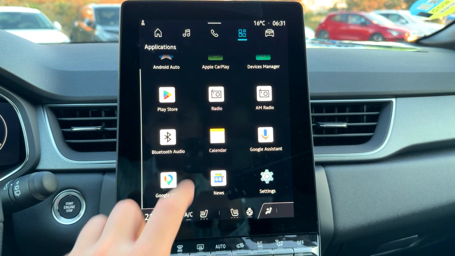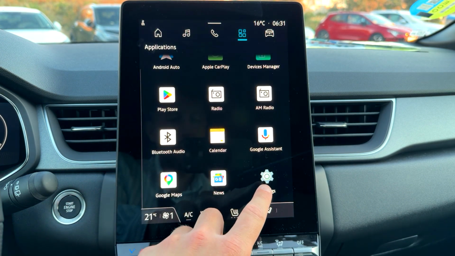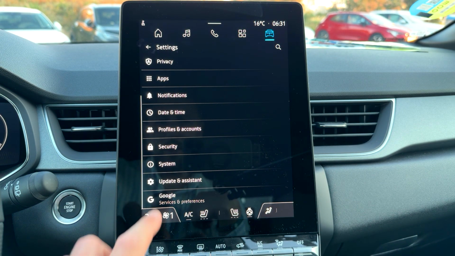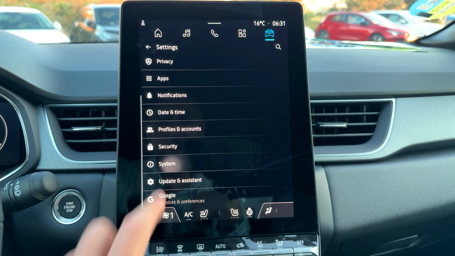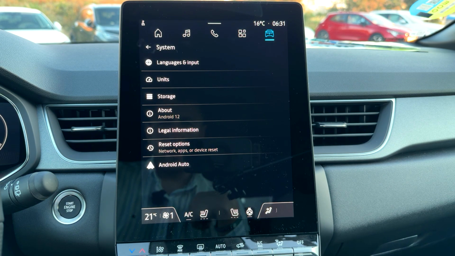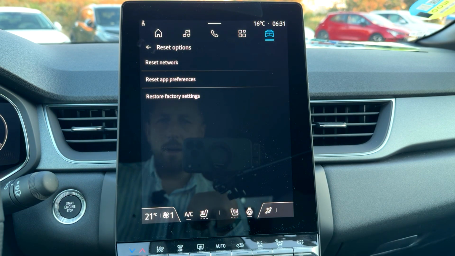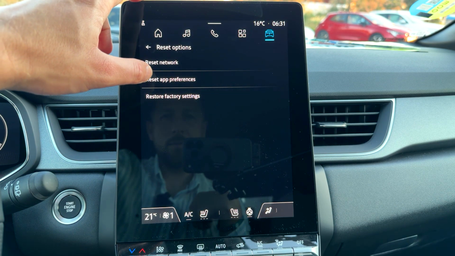All you need to do right now is scroll down and select here the settings. Let's choose it. From the settings, let's scroll down one more time and select system. Alright, so here from system, let's choose here the reset options. And from reset options, all you need to do is find and select reset app preferences, so the second option